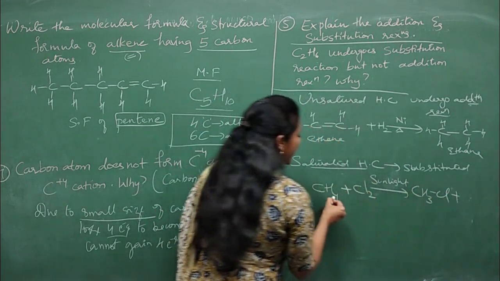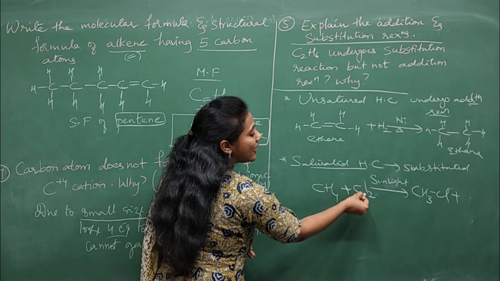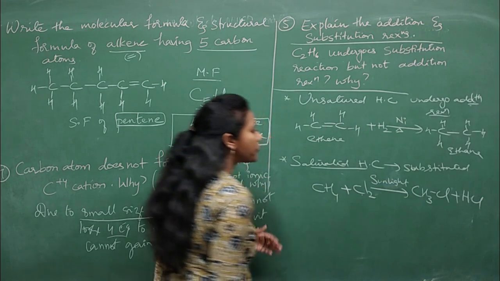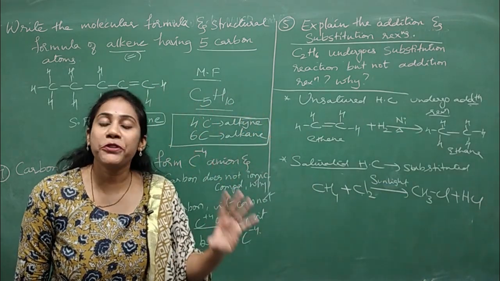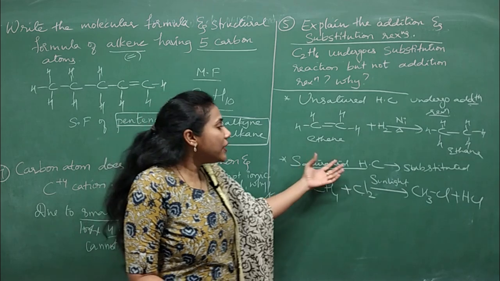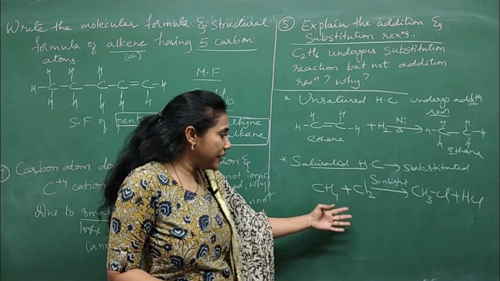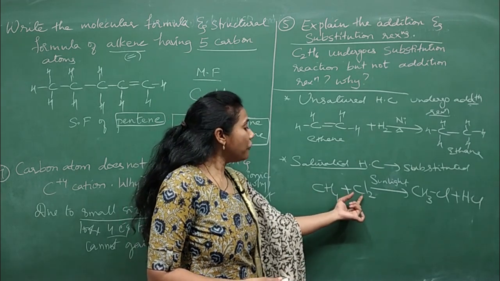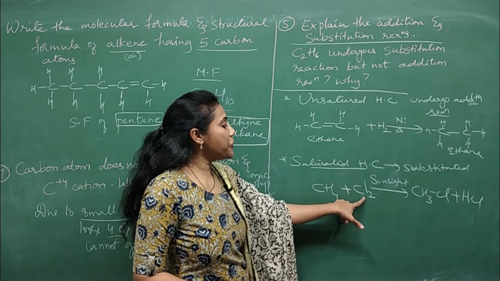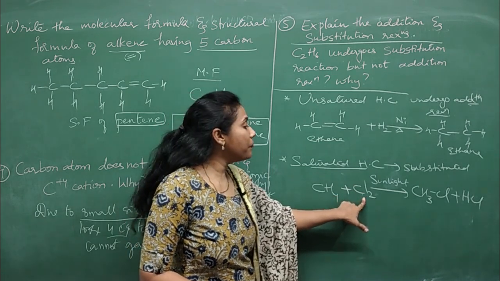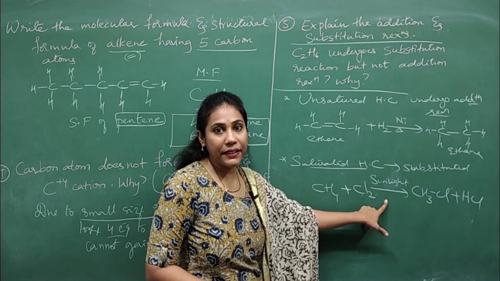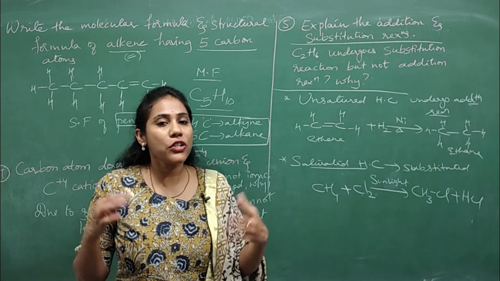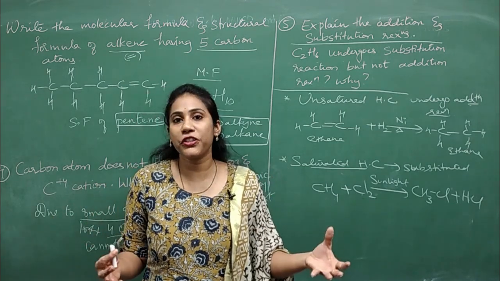Plus what is the byproduct? You have removed hydrogen, and that will combine with the remaining atom of Cl. So you will get HCl. So this is the example for substitution reaction. If the definition is asked, you have to define it. So how do you define? In alkanes, one of the hydrogen atoms gets substituted by a chlorine atom in the presence of sunlight. This reaction is called substitution, or you can just refer to the textbook also for the complete definition, right?